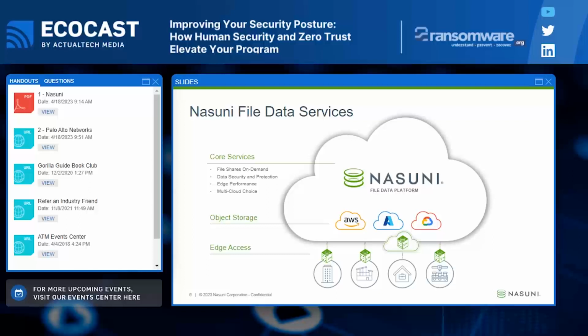And so for your data protection strategy, these edge instances are the front line, and they send the snapshots up to the cloud at very tight intervals, where they become immutable objects and are basically at that point impervious to ransomware. And we'll get into that a little bit later.